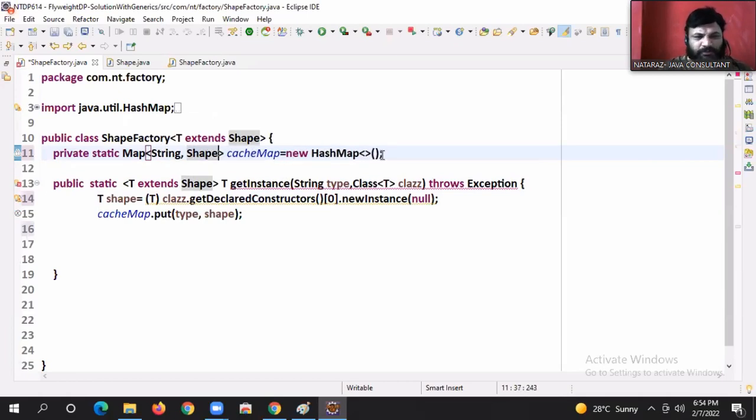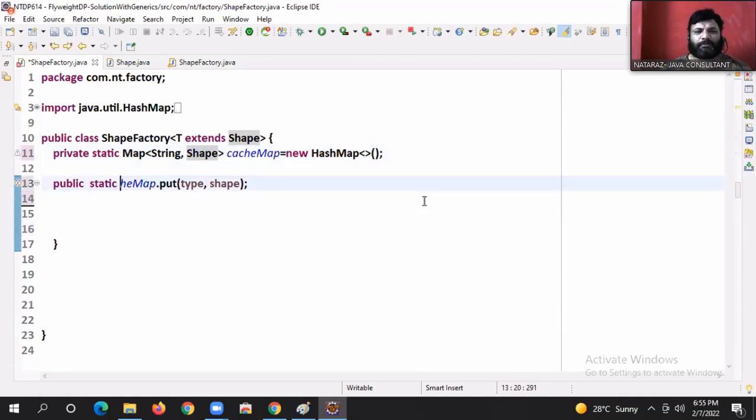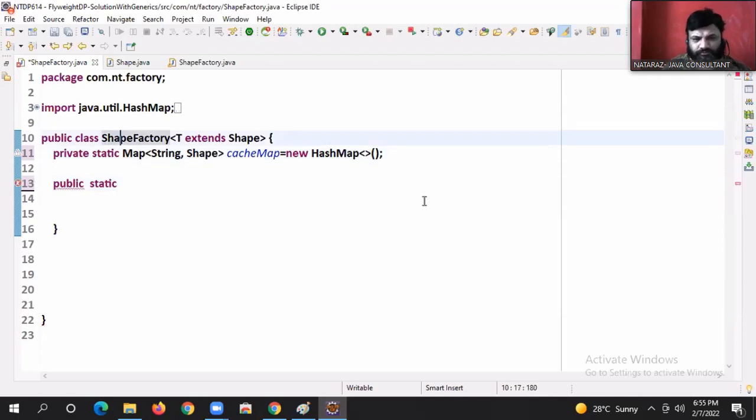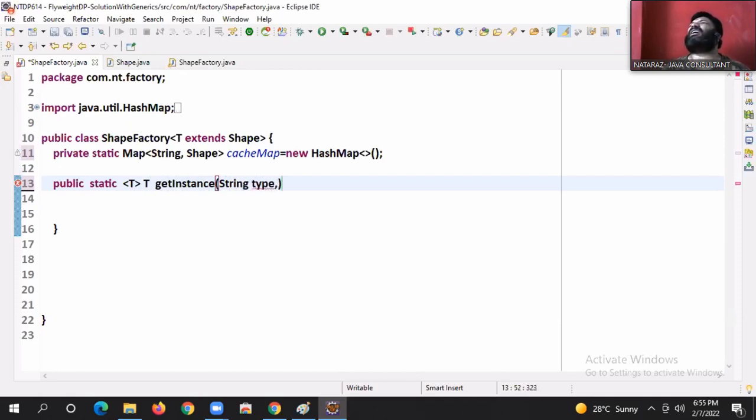Map comma shape, cache map this. Okay, I don't want to give up. Give me time. Public static, guys. Public static. Shape is the return type. No, a fixed shape is not the return type, guys. TT is the return type. Get instance. Now I'm looking for